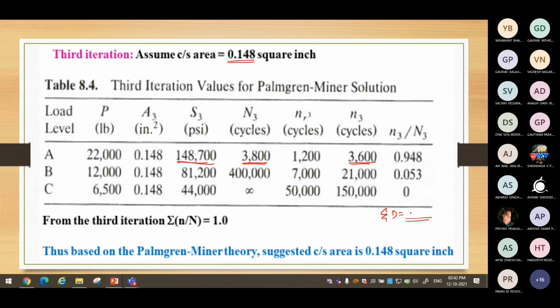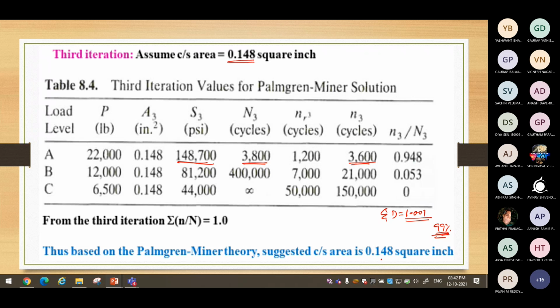Okay. If that is acceptable to you, you go ahead, because it is said that we want to achieve 99% reliability. It is not said in the problem that we want all 100% of the components to survive. We want only 99% of the components to survive. 1% failure is okay. So when the damage is 1, the component is going to fail. So a little bit of damage here and there, 0.001 or something like that, will not affect much. Okay. It will be within the limit.